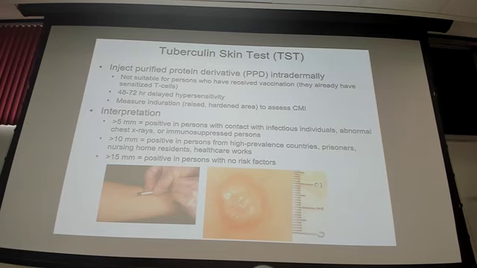With the next category down, these are lower risk things, simply working in a high prevalence country or travel to a high prevalence country like South Africa or Russia or some other place. Prison populations where they have higher rates of TB, nursing homes, healthcare workers, so 10 millimeters or more. And then finally, if it's just any one of us, let's say we don't have a travel history, any normal one of us, we would need a pretty large induration in order for that to be interpreted as a positive TST. So that's how those are interpreted.